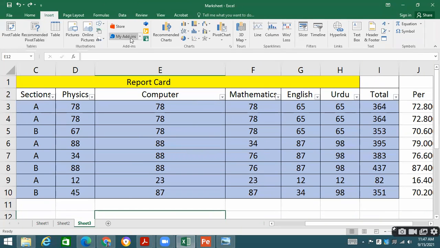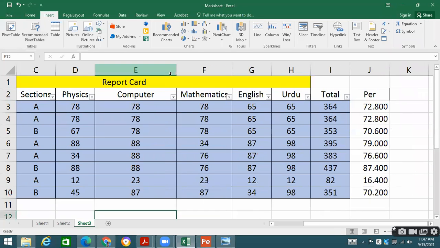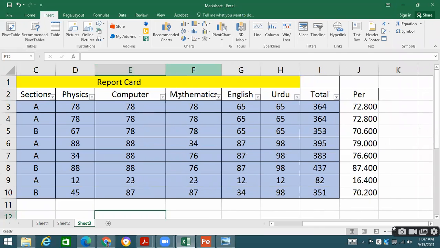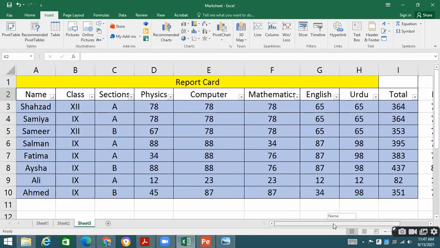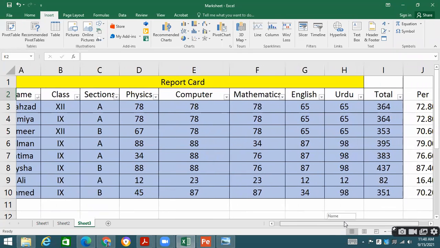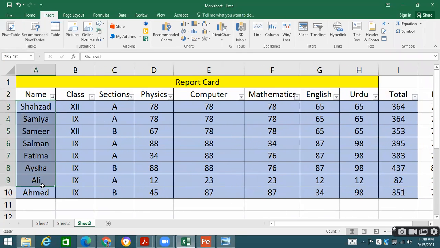Now come toward the graphs and charts. Last time we saw that this is already covered in the book. If you want to draw a graph, let's suppose I want to draw the graph of the students, for their names and their total marks.